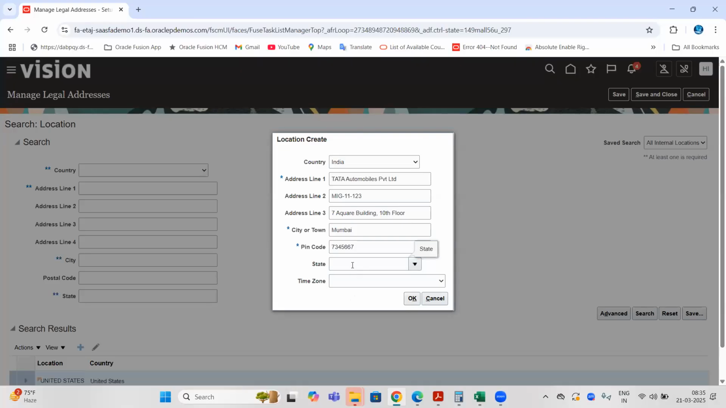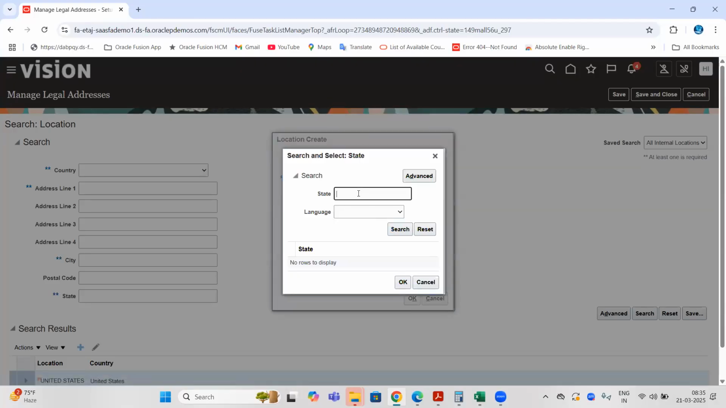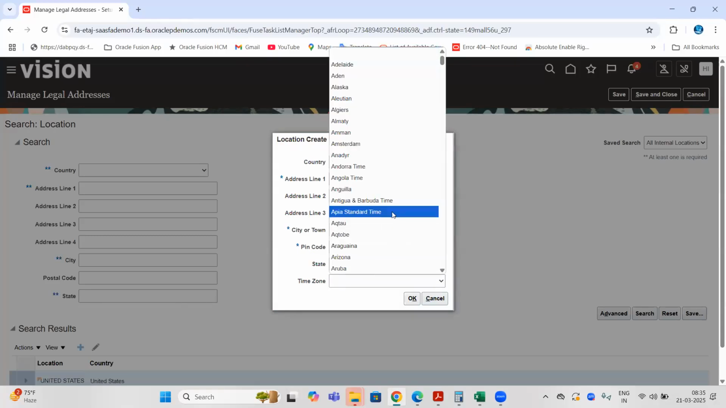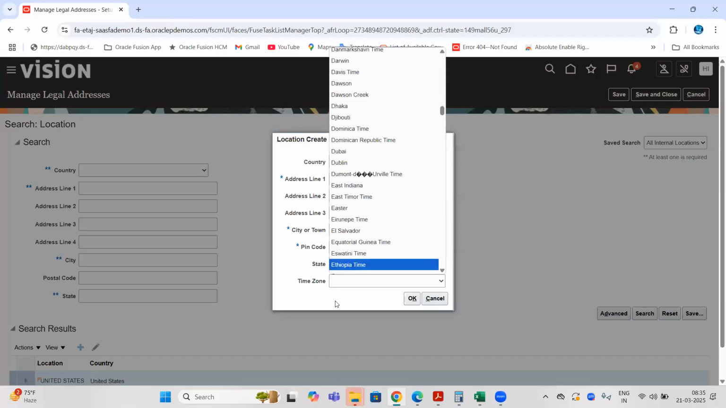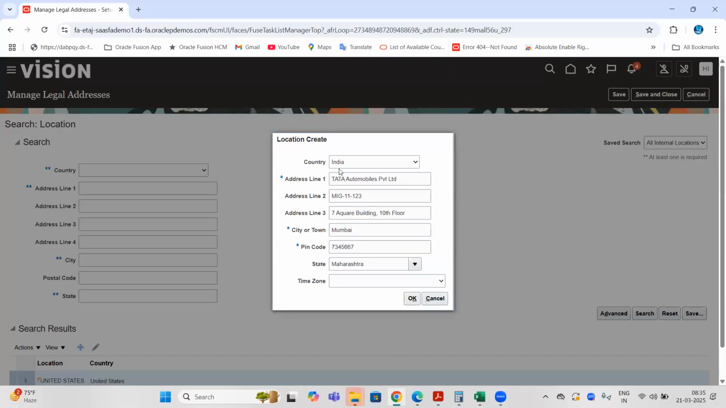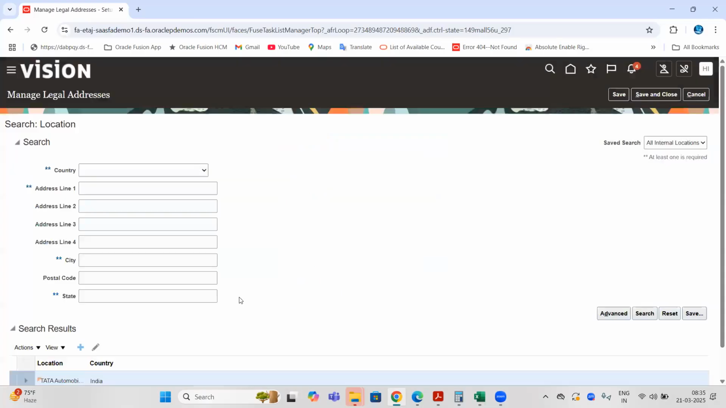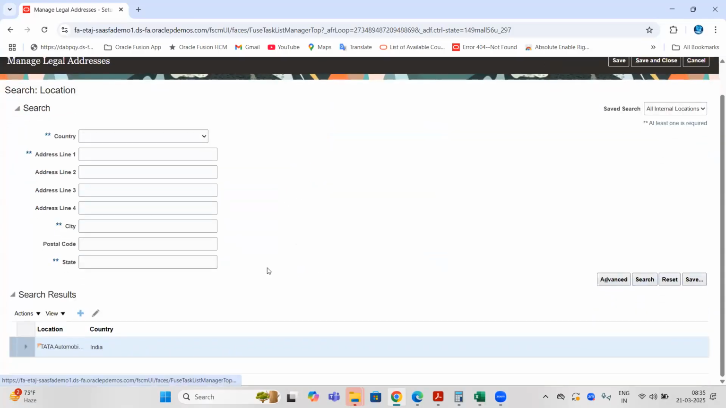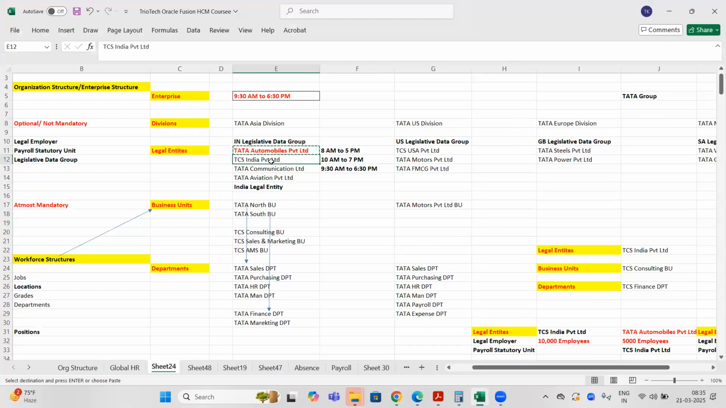Then the state of Maharashtra. As of now, some test information I'm giving. But in real time, whatever your client info is, you have to capture it. Then time zone, if you want, you can give that also, or else it's not mandatory. The address of that legal entity, we have to be ready with. Click on OK. Then next, like this, for all legal entities, for TCS, Tata Communication, next in United States,